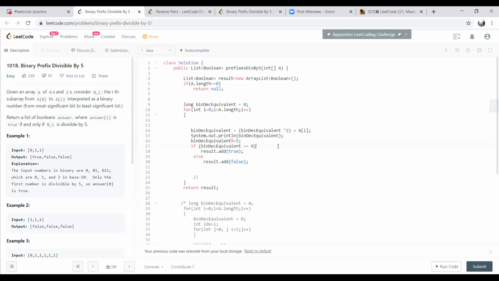So what you're doing at this point of time is that you are replacing the number itself with b. Given any number n, n can be expressed in the form of a times 5 plus b. And now what you've done is you've replaced n with b itself at this point of time. Now what you'd notice is that b is 0 only when that particular entire number is divisible by 5.